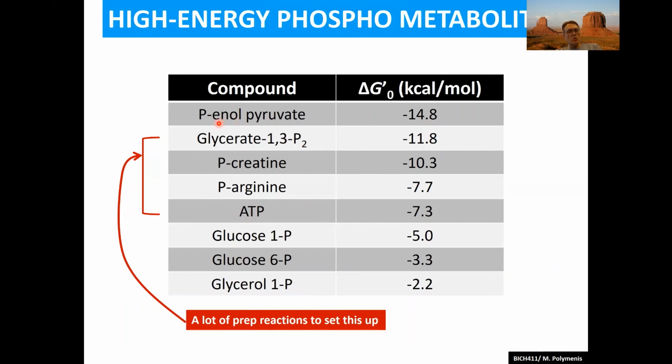And a lot of work was put into setting up this reaction, as we saw with all the previous reactions in glycolysis, but it worked. And by the way, you get 1 ATP from each molecule of glyceraldehyde 3-phosphate. But 1 glucose will give you 2 glyceraldehyde 3-phosphates. So you will recover now 2 ATPs. The 2 ATPs that you spent in the upper part of glycolysis in phase 1, you have recovered your investment. You haven't made anything extra yet, but you have at least gotten back what you put in.